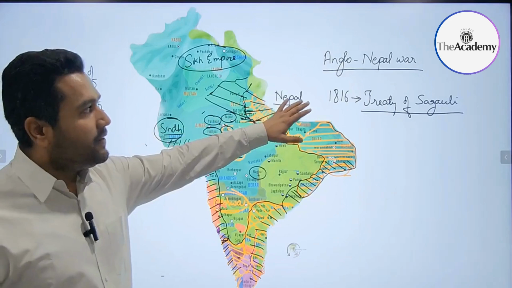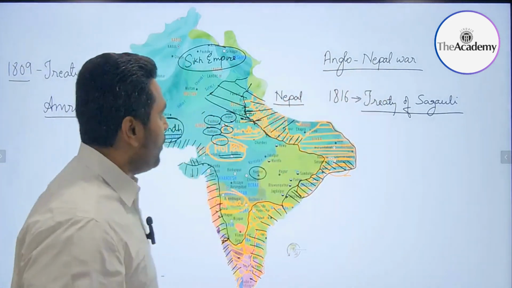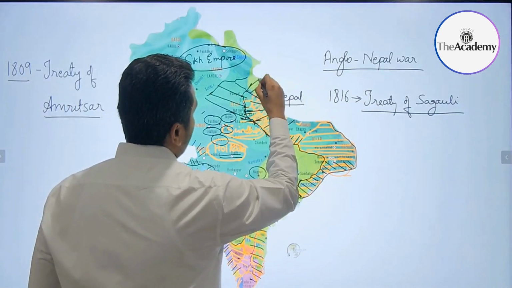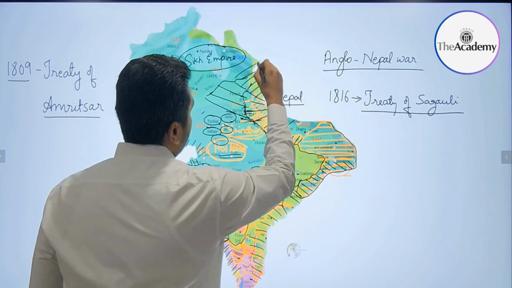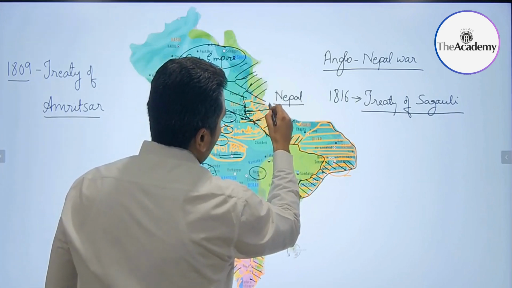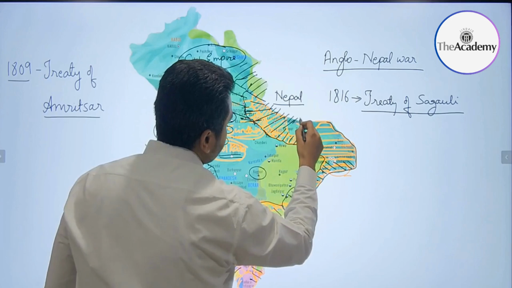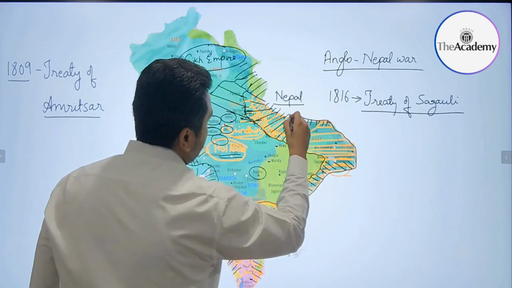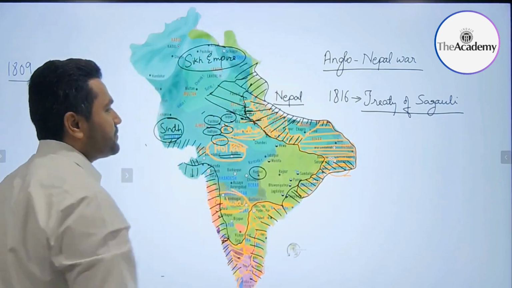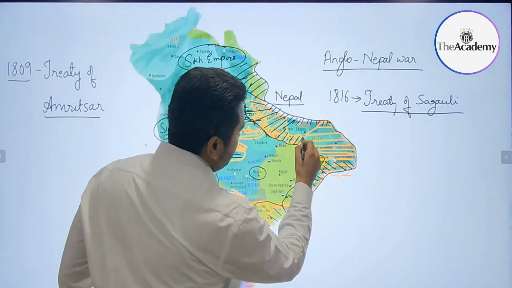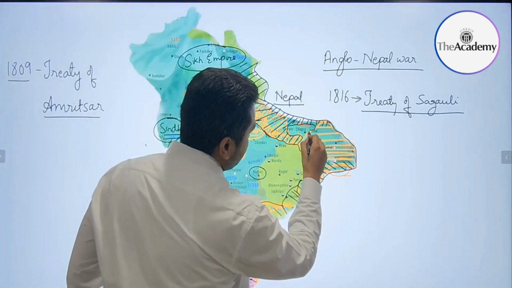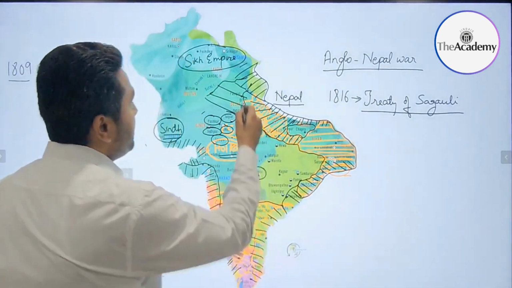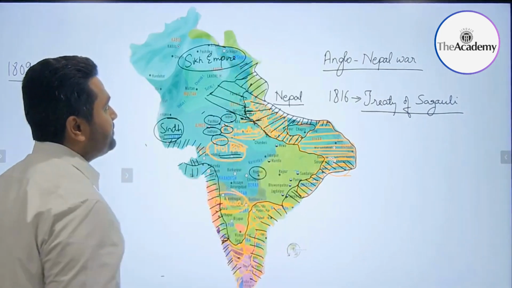The Nepalis, after they were defeated in the Anglo-Nepalese war, handed over the region of Kumaon, Garhwal, the hill states. They also handed over the region of Terai, and this would give a stronghold to the British, and it would give them a northern frontier as well. So effectively, now Awadh is surrounded on all four sides. So via Treaty of Sagali, the British effectively got a northern frontier.